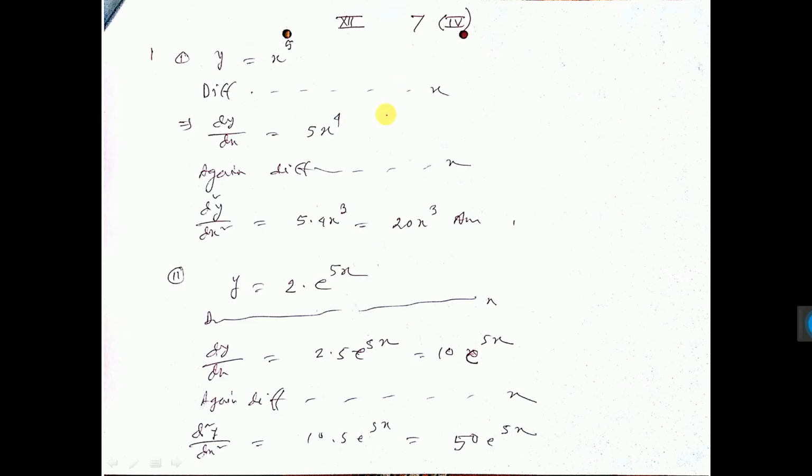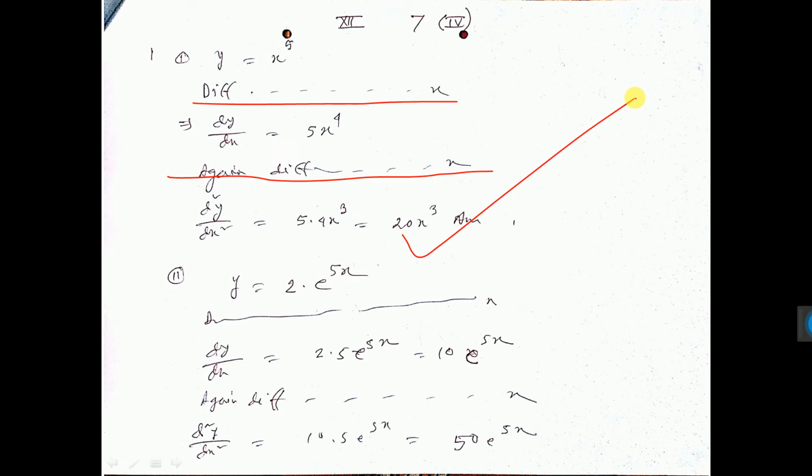So you see I have written again differentiating both sides with respect to x. This line you have to write: first differentiating both sides with respect to x and again differentiating both sides with respect to x. So do one second differentiation. So here it will be d2y/dx2 and here 5 will come outside, x to the power n formula, n into x to the power n minus 1, that is 4 into x to the power 4 minus 1, 3. So 4 fives are 20, that is the answer.